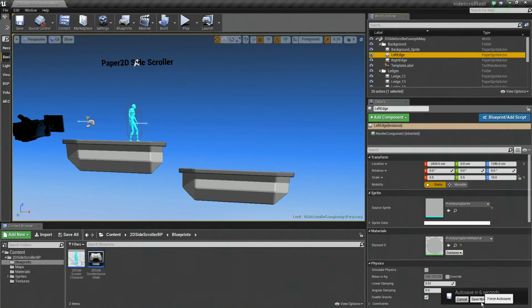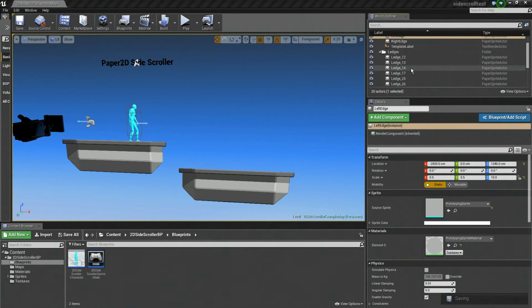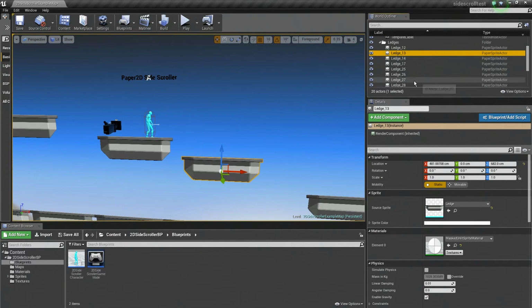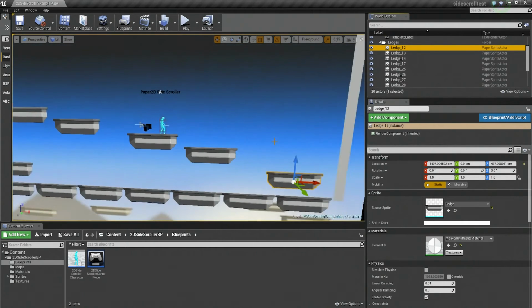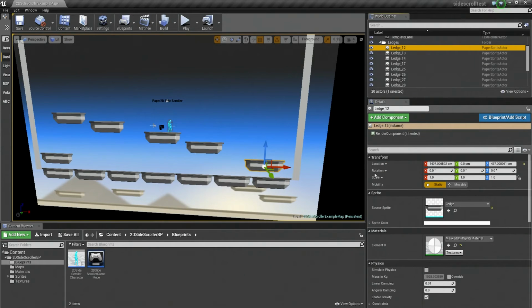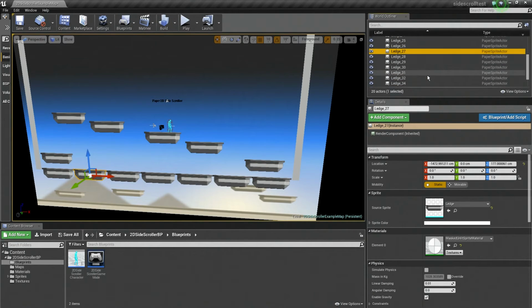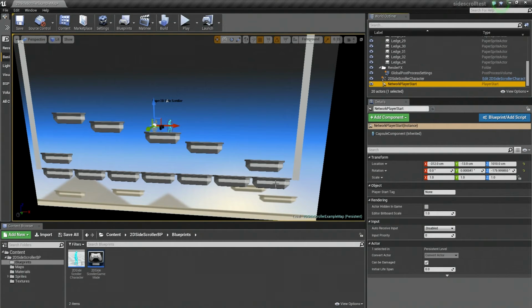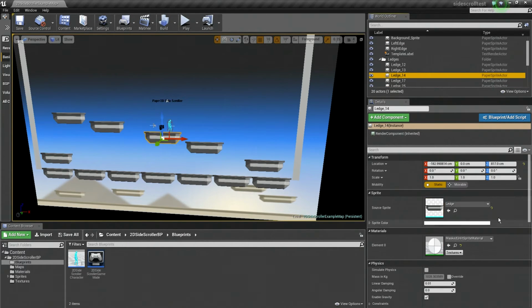And here we have an autosave, so I'm going to save that. All the different ledges, as you see, they're not really numbered all that great. And they also have some in the sprite, but that's not a big deal. And then we have our character, which is here, and you also see that the character has an attached camera, which is there, and then also the player start, which is there. Now, let's go over the details, which is down here. So this is the details